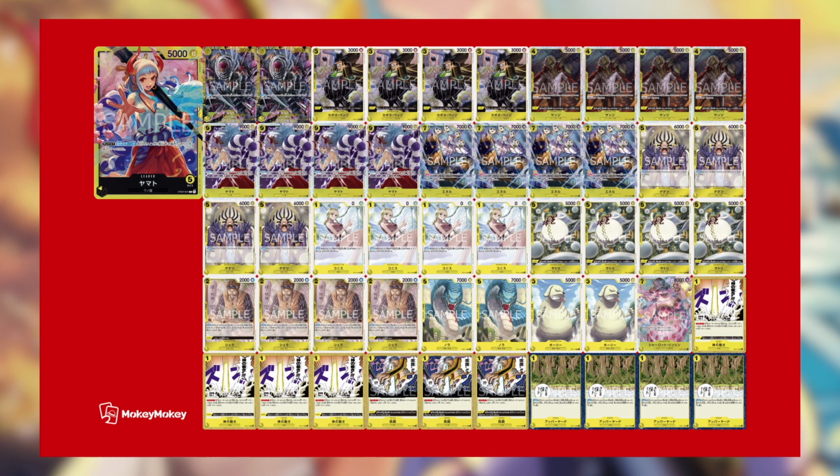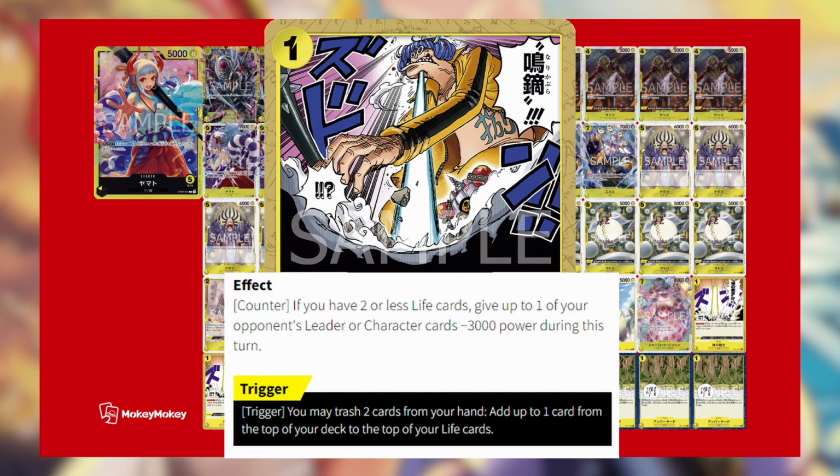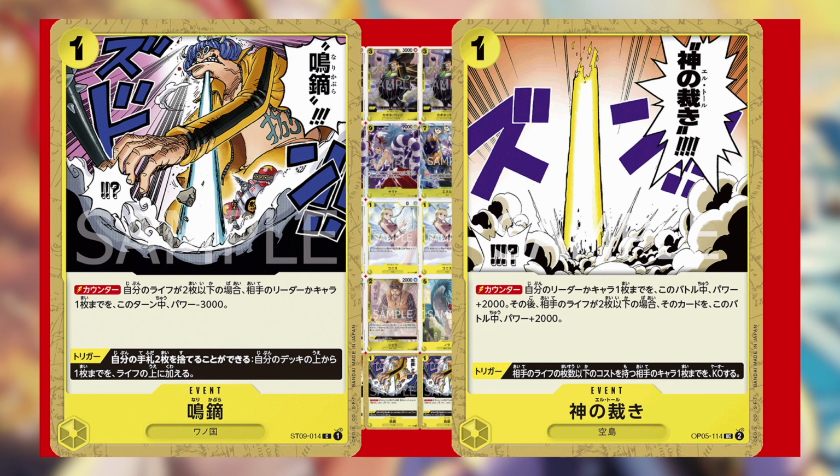Next we are playing 3 Nakibura Arrow, which, if you are at 2 life or less, gives one of the opponent's leader or characters minus 3000 attack during this turn, which is good for characters or leaders that can reactivate themselves. Also, having 7 copies of 1 cost counter seems fine for now, because during the late stage of the